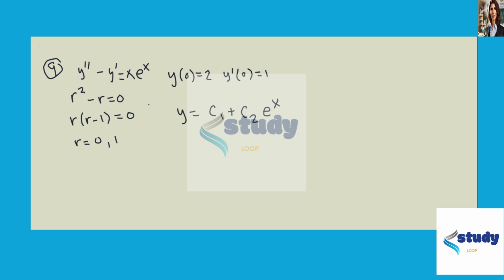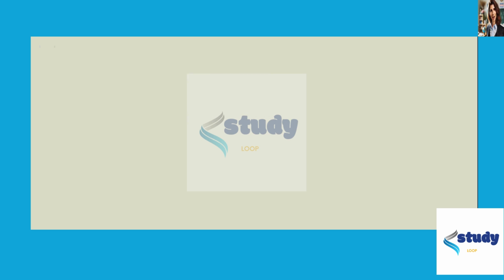Next step is I have to find my a's and my b's. So I'm going to let my equation equal ax squared e to the x plus bx e to the x, and then my y prime